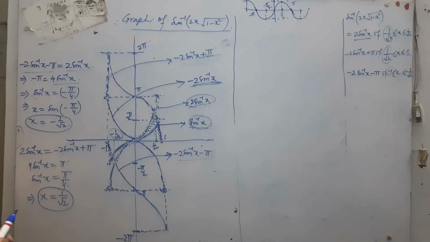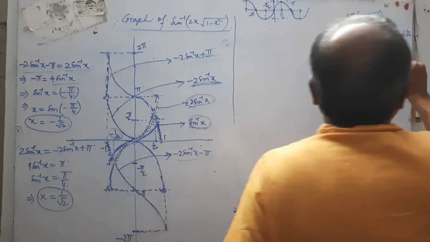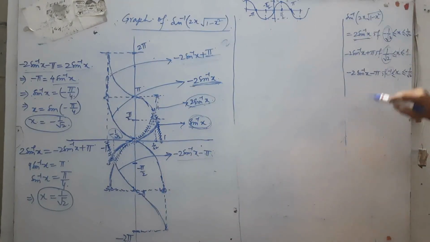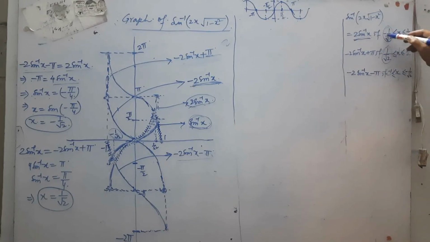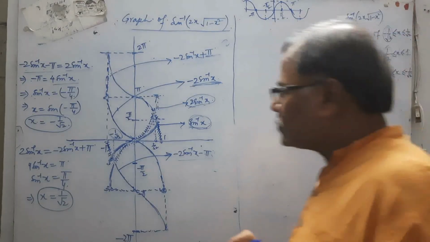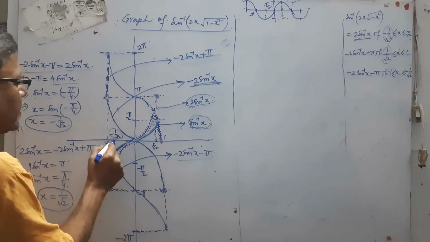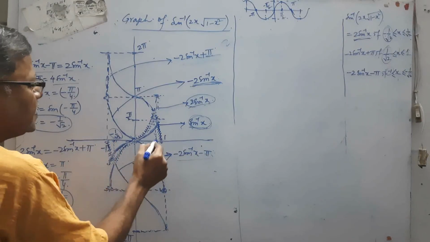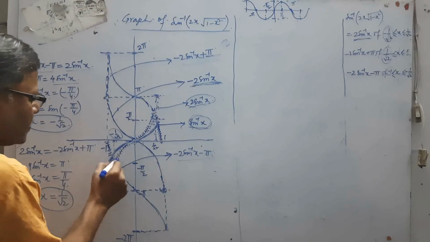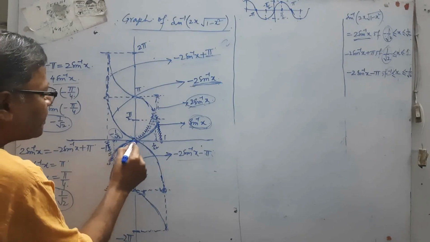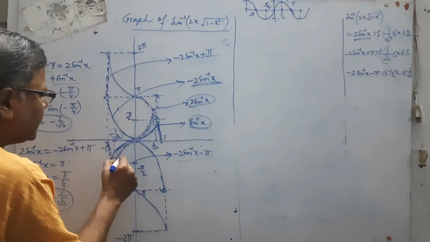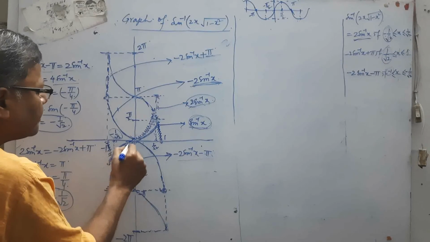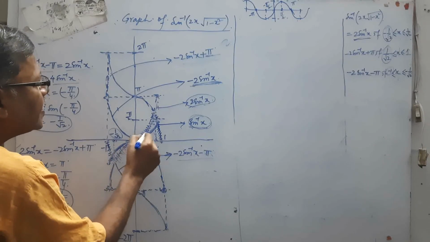Now as you see, this sin inverse 2x root over 1 minus x square is defined as 2 sin inverse x if x is greater than or equal to minus 1 by root 2 and less than or equal to 1 by root 2. So on this x-axis you can see this point is representing minus 1 by root 2 and this point is representing 1 by root 2. So that is why this portion from here to here I have just represented it like this. I hope you all are getting the point.